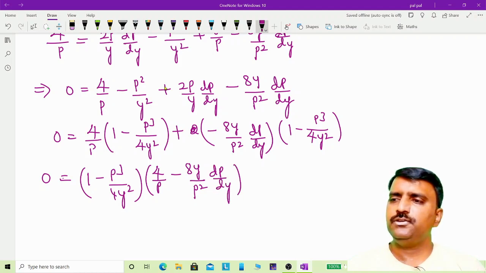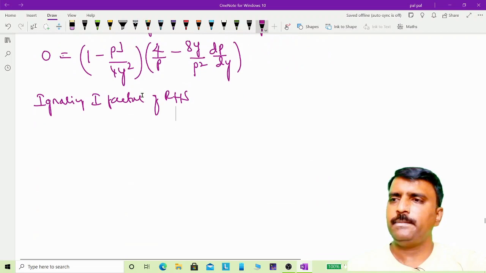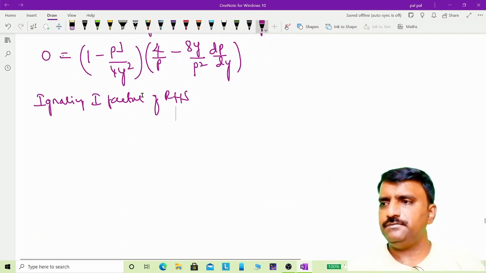Okay, so ignore the first factor of the right hand side because it is not involving dp by dy. There is no dp by dy in it, so just ignore this one. Ignoring the first factor of the right hand side, we have to consider only the second factor. If we consider the second factor, which implies that